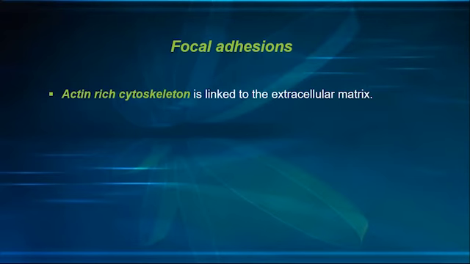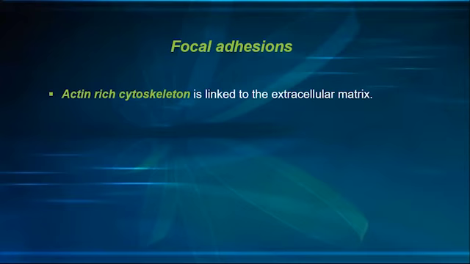ठीक है, उसके अलावा बुक में इसके फंक्शन लिखे होंगे कि एक तो ये एक्स्ट्रा सेलुलर मैट्रिक्स के साथ एसोसिएट करता है, दूसरा it is involved in mechano signaling in migration of the cell। ठीक है, तो जितनी भी सेल की मूवमेंट होनी होती है वो सेल टू मैट्रिक्स जंक्शंस के थ्रू होती है। ठीक है, specifically through the focal adhesion। So these are the junctions that help the cells when it comes to migration। ठीक है, intercellular signaling and also help in